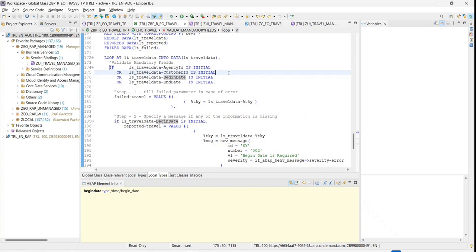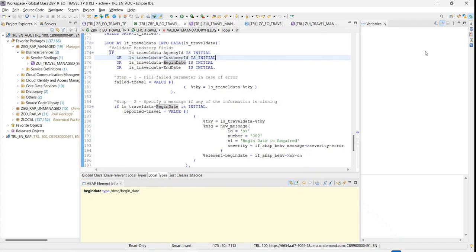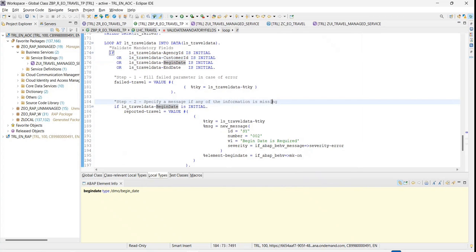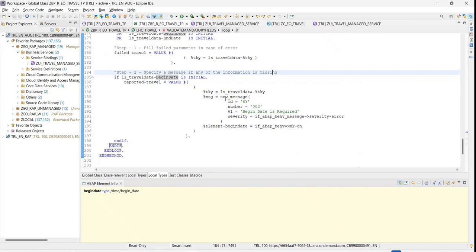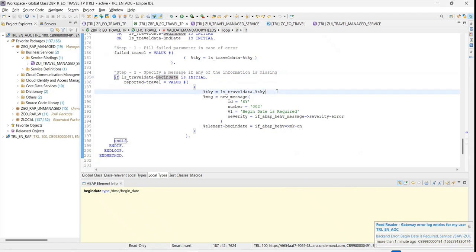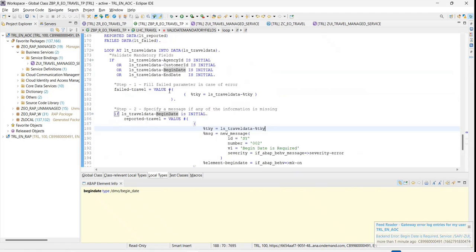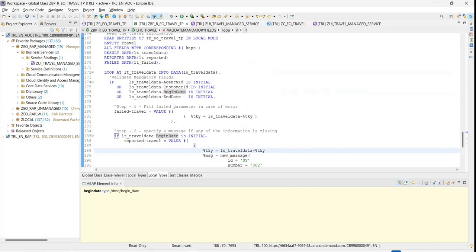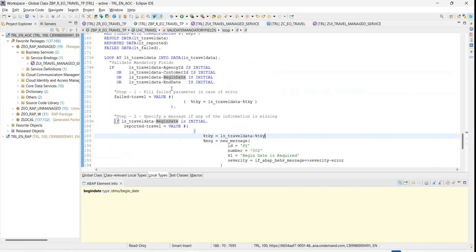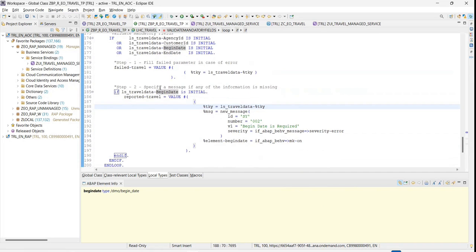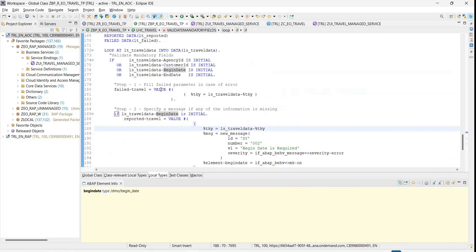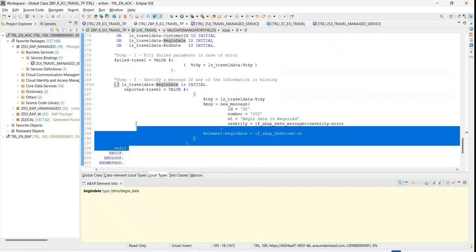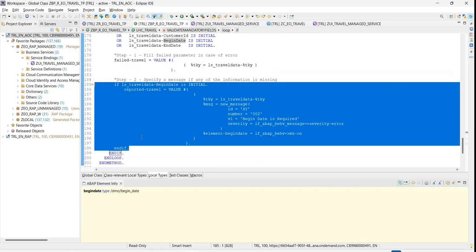And here what you would recognize is that if I just go over here. Okay, so when you go over here, you would see that in the percent TKY itself, we do have an opportunity to separate out the messages. Why is that the case? Because as we specify over here, I can raise an error message if begin date is empty or end date is empty or any issue is there with any of the mandatory fields we specified. Same way, for example, I want to specify the error message for,